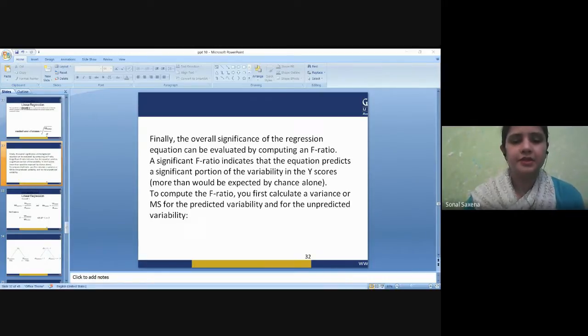So after seeing all these things, we can sum up: in statistics, linear regression is a linear approach to modeling the relationship between a scalar response and one or more explanatory variables, also known as dependent and independent variables.